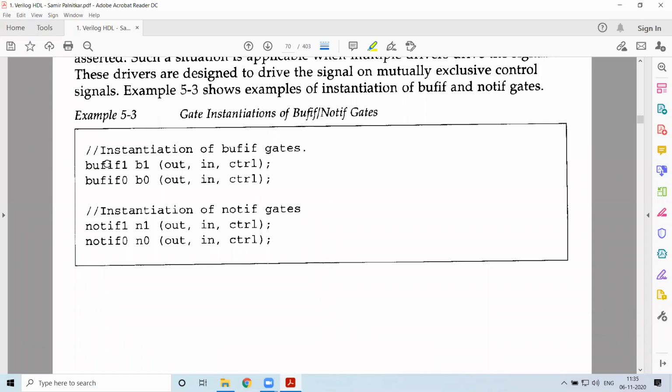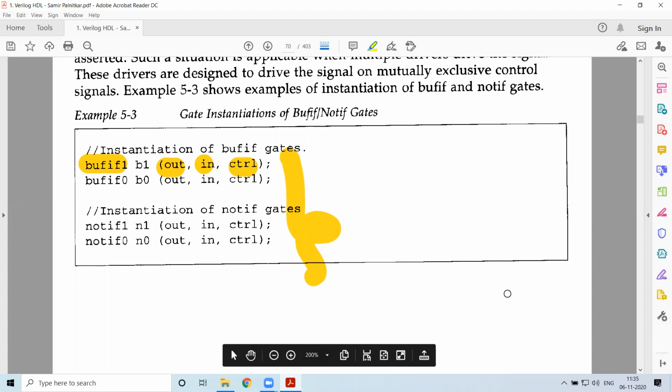When we use buff if, we have output, input, and control information which has to be passed. This is the same for the other gates.